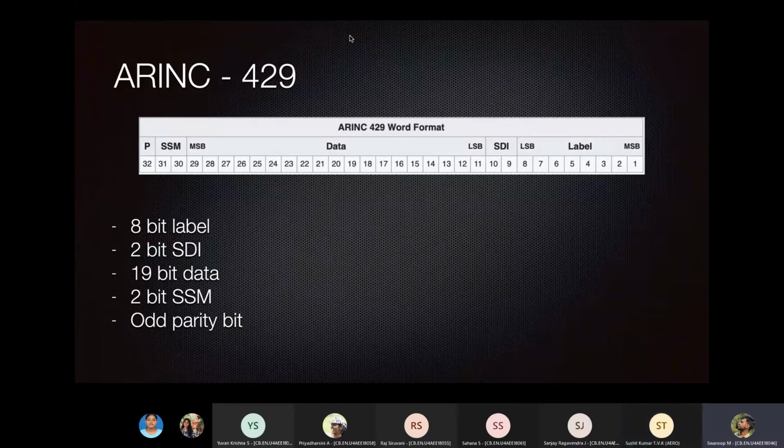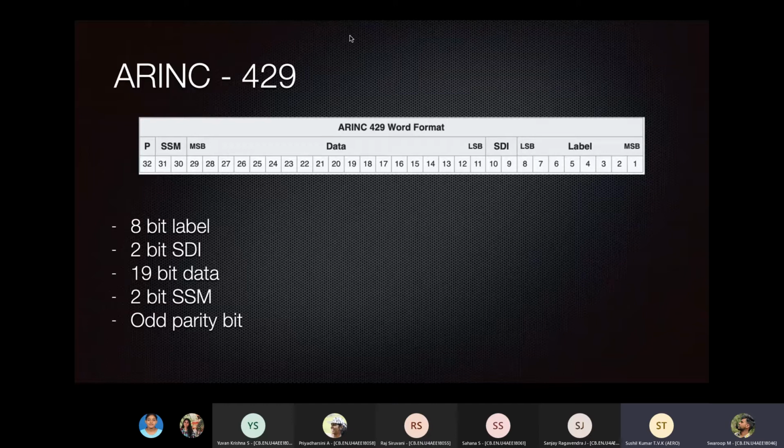See, this uses a simplex signal. Even if it is simplex, first of all, it cannot be simplex because data flow has to take place in both directions. No, sir, in ARINC 429, one bus is only unidirectional. But if you want both directions, we have to add another data bus. That is why we need more copper wires, more buses, sir. So you mean to say it's not bidirectional? Sir, ARINC 429 is not bidirectional. 1553 is bidirectional. I see.